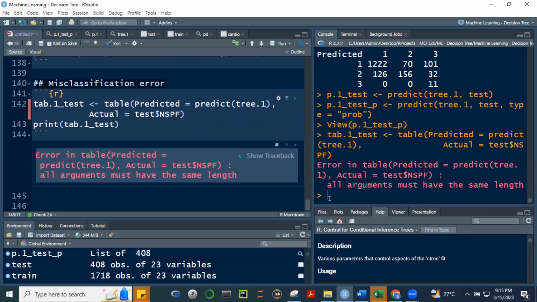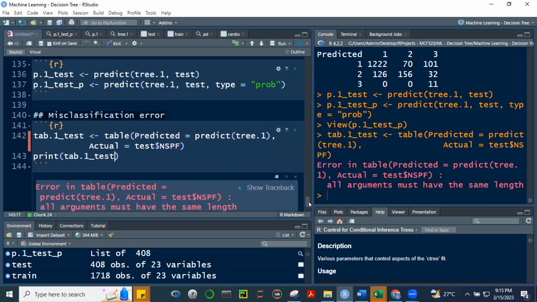Okay, ano yung error ko? Error. Arguments must have the same length. Okay, so may mali ako dito, no? Ang predicted natin is ito, sorry. Hindi dapat to.